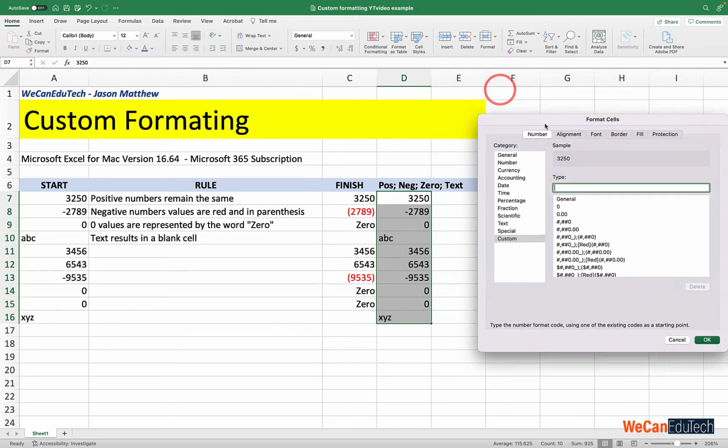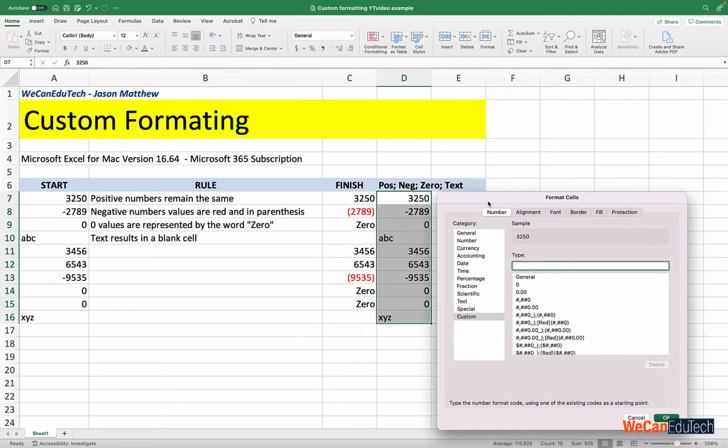So I'm just going to put it on the side a bit. Yeah, that looks good. All right, so just remember your values are selected. Now positive numbers, remember positive numbers are what we deal with first. And in this example here, we're going to keep the positive numbers as they are. Now if you are not interfering with the formatting for that section, like for instance for the positive numbers, then